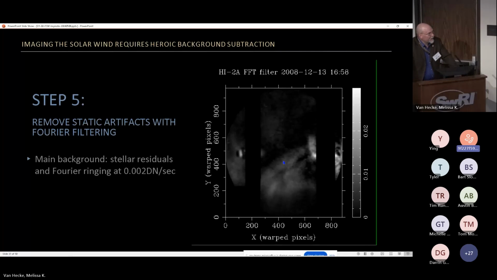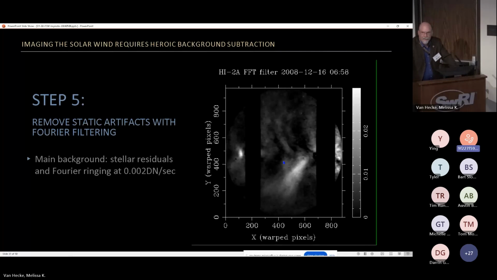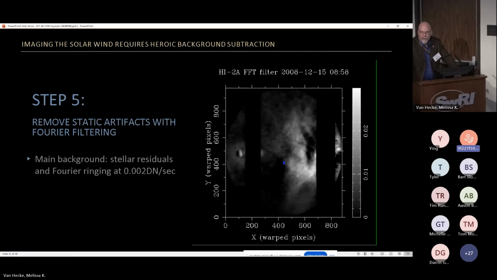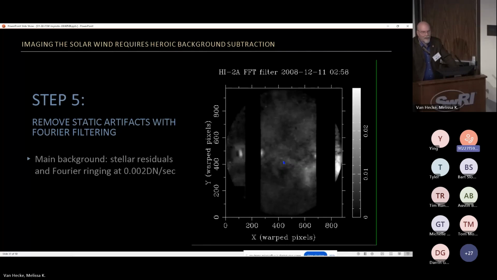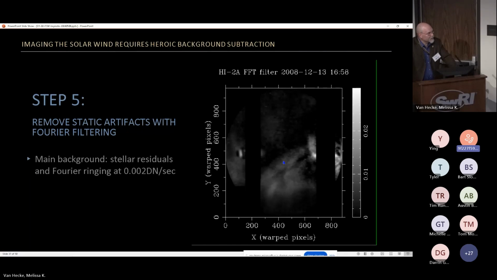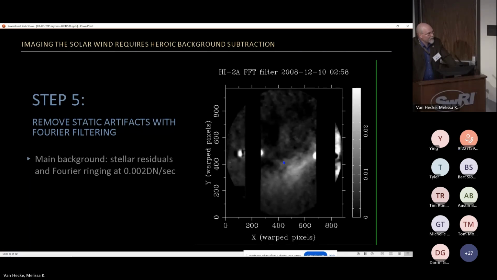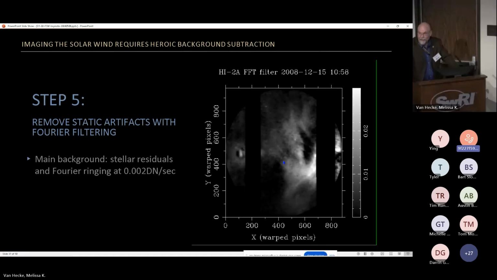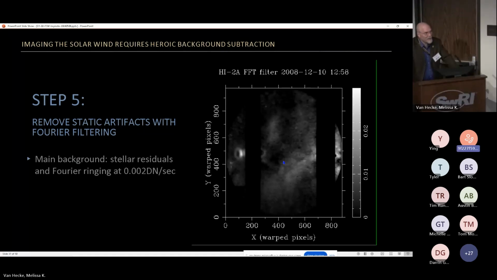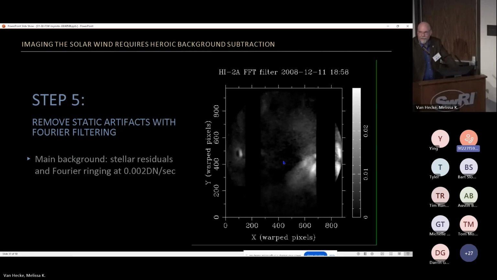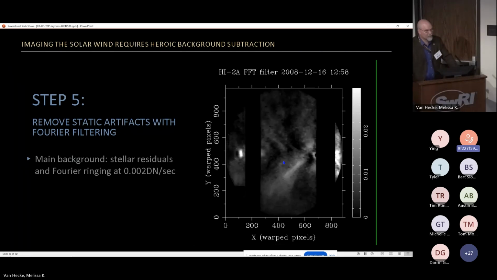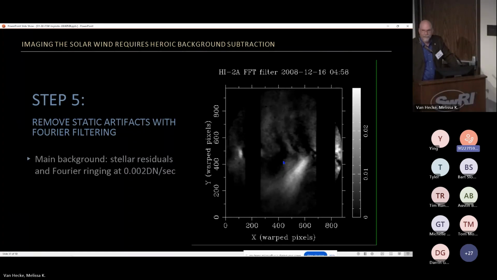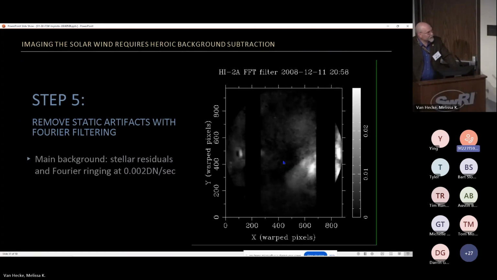We can use Fourier analysis. We Fourier transform the image, and that allows us to eliminate things that aren't moving the way the solar wind moves. The Fourier transform is a mathematical transform that spreads things out that are localized in space, but it localizes things that are moving. And so we can use that to remove things from the movie that aren't moving and then transform back to real space. So we did that, and now you can see that is a coronal mass ejection crossing the field